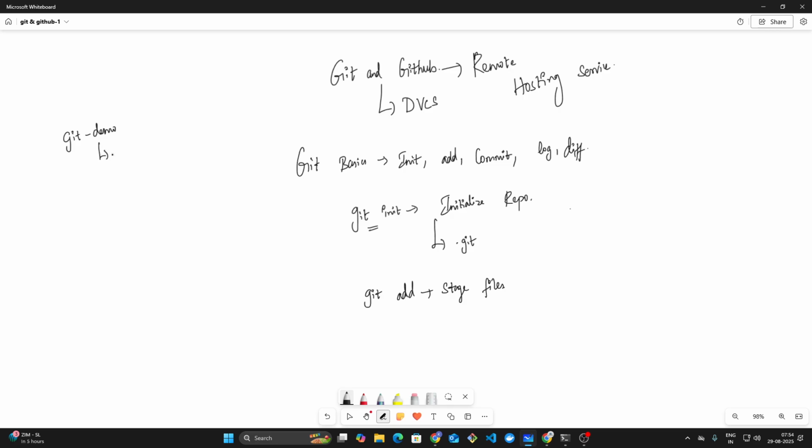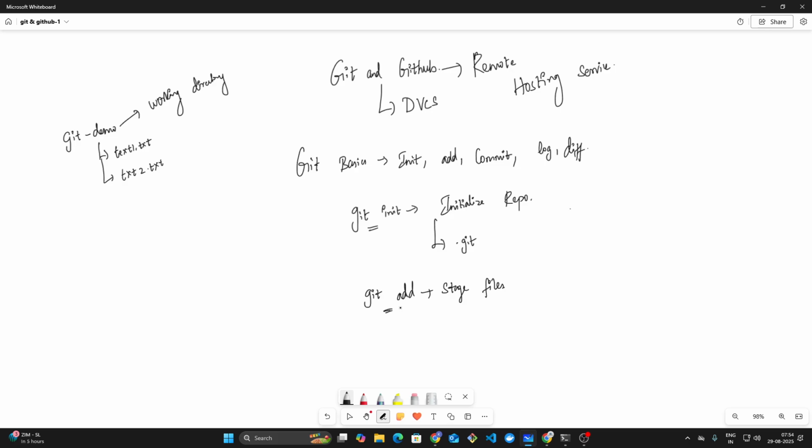Inside that you are creating two files, text1.txt and text2.txt. Okay, this we will call the working directory. If you want to move your changes from the working directory to the staging area, you have to do git add